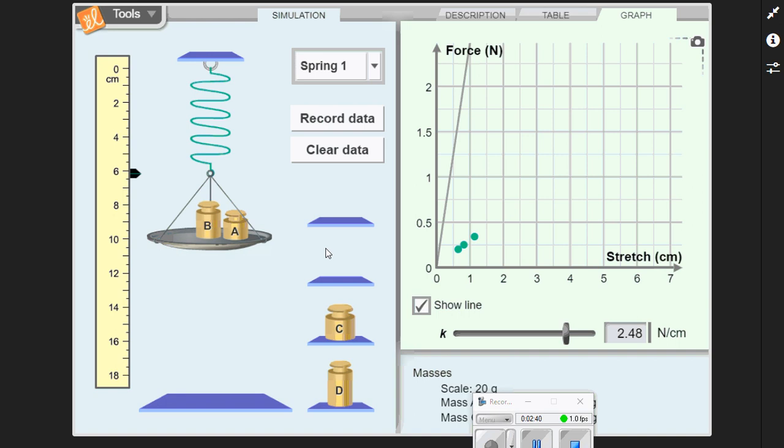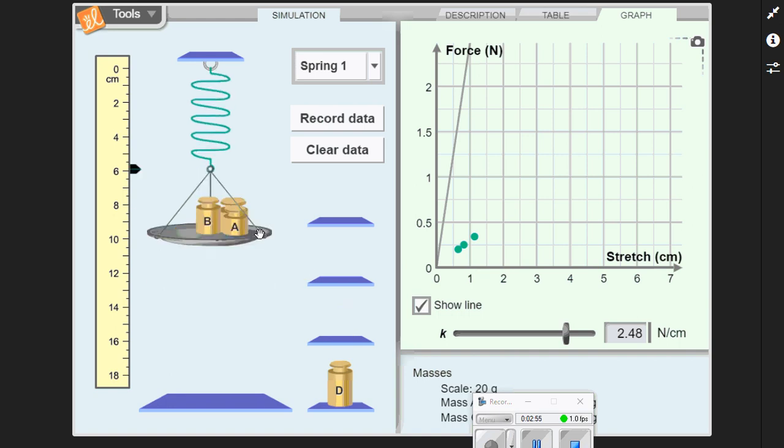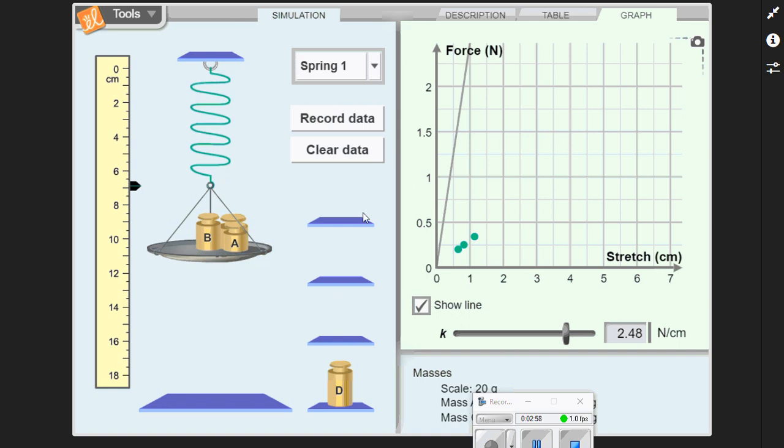And what I'm doing here is I'm graphing the force versus the stretch, or the force, if you will, versus how much displacement the spring has gone through. I'm going to add some more mass here, and it stretches even further. The final mass